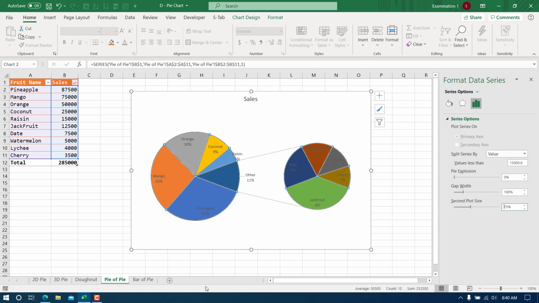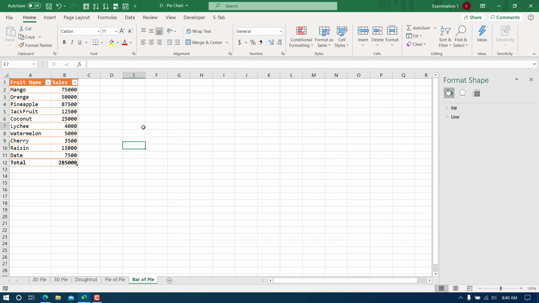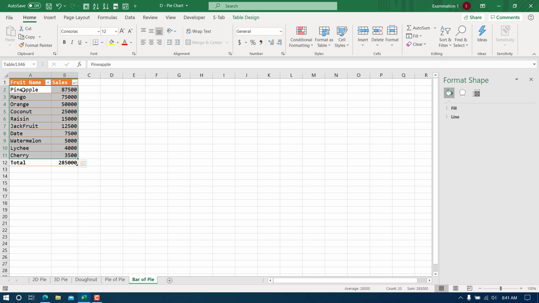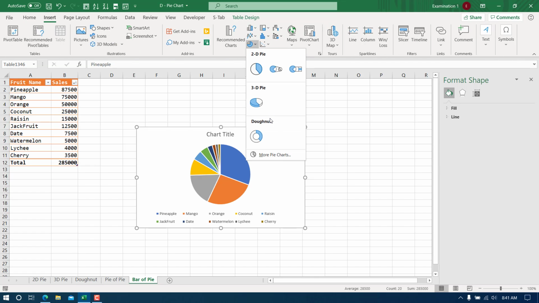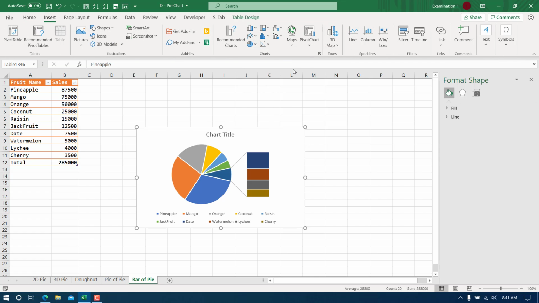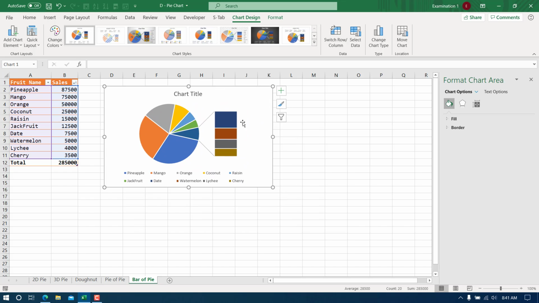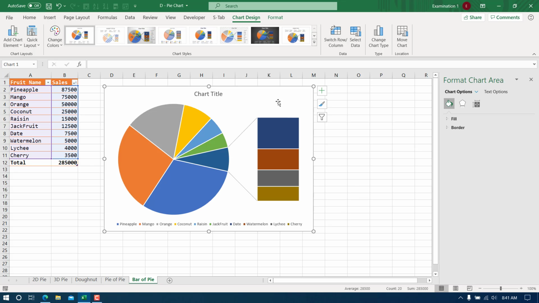Okay, so these are a few tips, and similarly I can select this and I can quickly notice that the data is not sorted, so I'll make it largest to smallest. Select this, go to insert, chart, and make bar of pie. And again, this is the same chart, except this time we have a bar rather than a second pie, and the options are the same. I can again go to